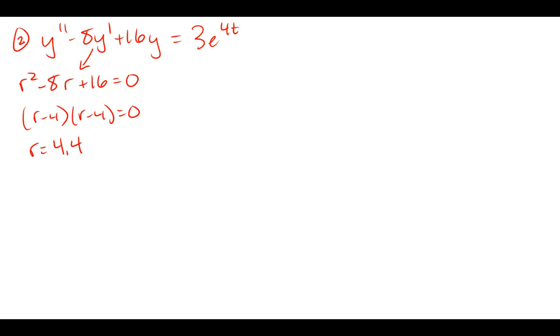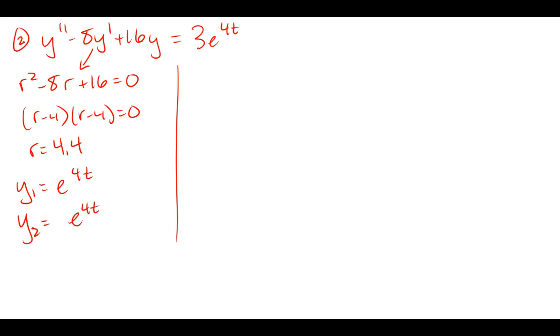Okay, not a tragedy, but kind of not really what we wanted. Well, it's fine, right? Because we know how to do this. So when we get repeated roots, we know that e to the 4t is one solution. Now, of course, I'm usually saying e to the whatever the other t is my other solution. Now, obviously, in this case, I can't say e to the 4t is my second solution,